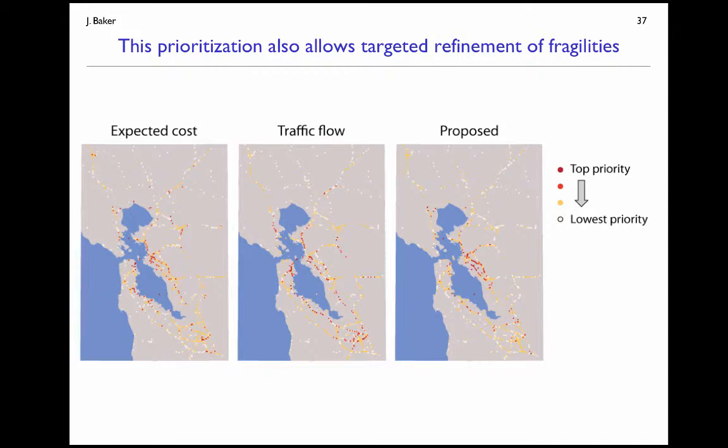A final note with that is we can use this prioritization approach not only to target retrofits, but also to target refinement of the fragilities for the bridges. So I noted earlier that we had this relatively crude model for bridge damage just using those hazard fragility functions. But if we knew from an analysis like this where the top few percent of bridges are in terms of importance to the network risk, then we could go back and do a targeted refinement of those fragility functions with some more detailed analysis. And we could not waste a lot of time trying to refine analysis of bridges that are relatively well performing or relatively unimportant for network level risk. So that's the benefit of this type of approach, this targeted refinement that it would facilitate.